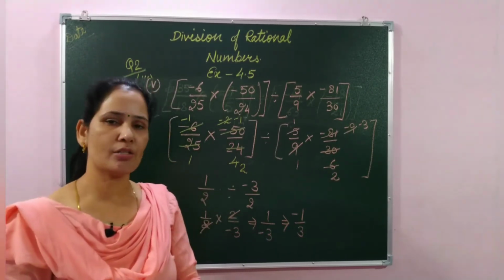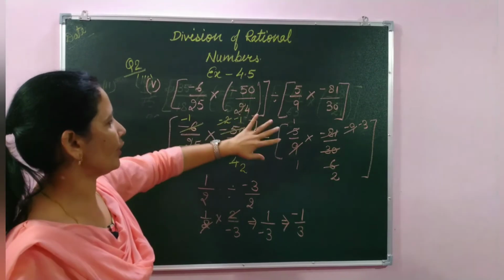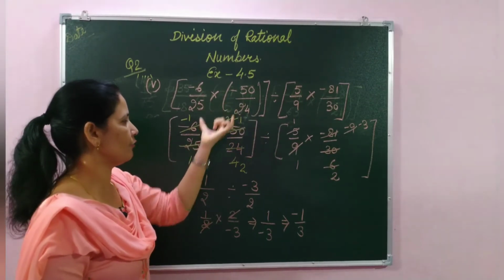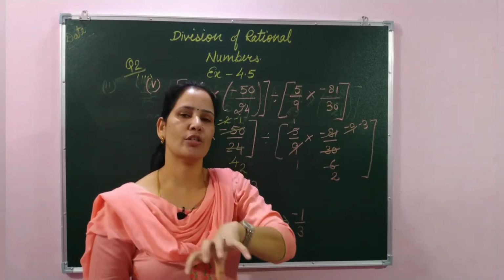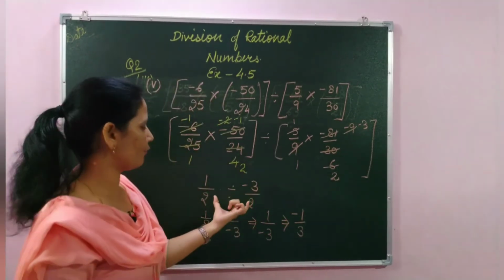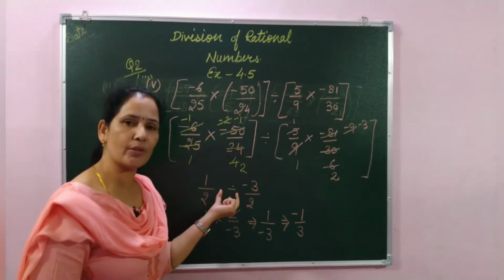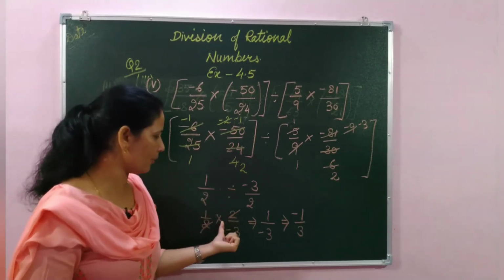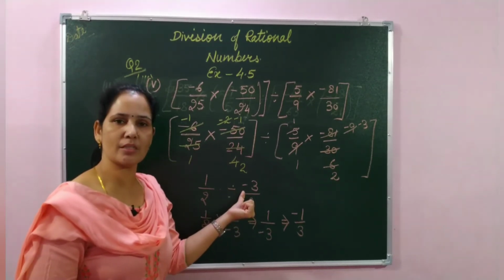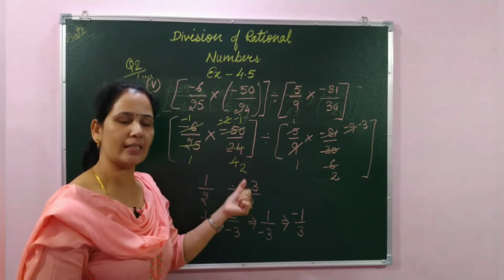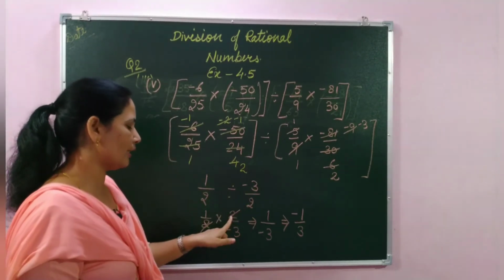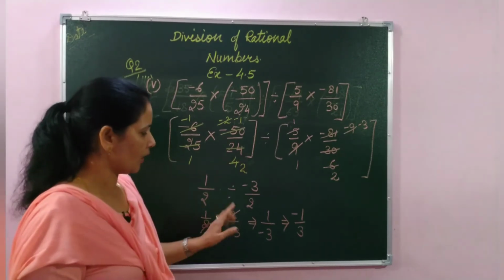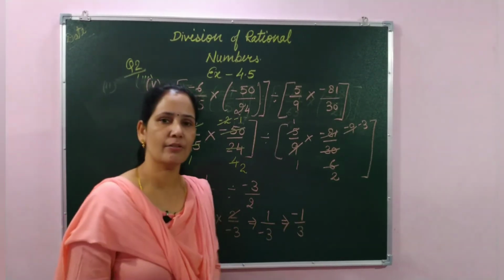So might be you understood this one very clearly. What you have to do, first solve inside the first bracket, then after solve inside the second bracket, and whatever the solution finally you are getting, that you have to solve. And if the divide sign in between, convert the divide sign into multiply, and the rational number what is given just after the divide sign, convert that is reciprocal. Minus 3 by 2, that's mean 2 by minus 3, and then cancel out, and final answer we get.